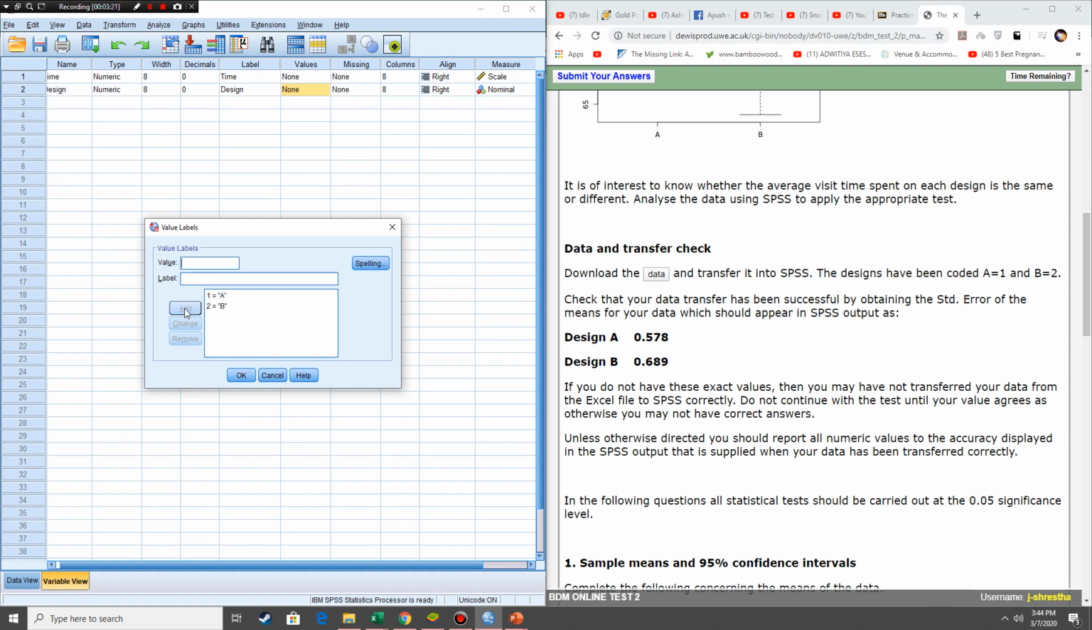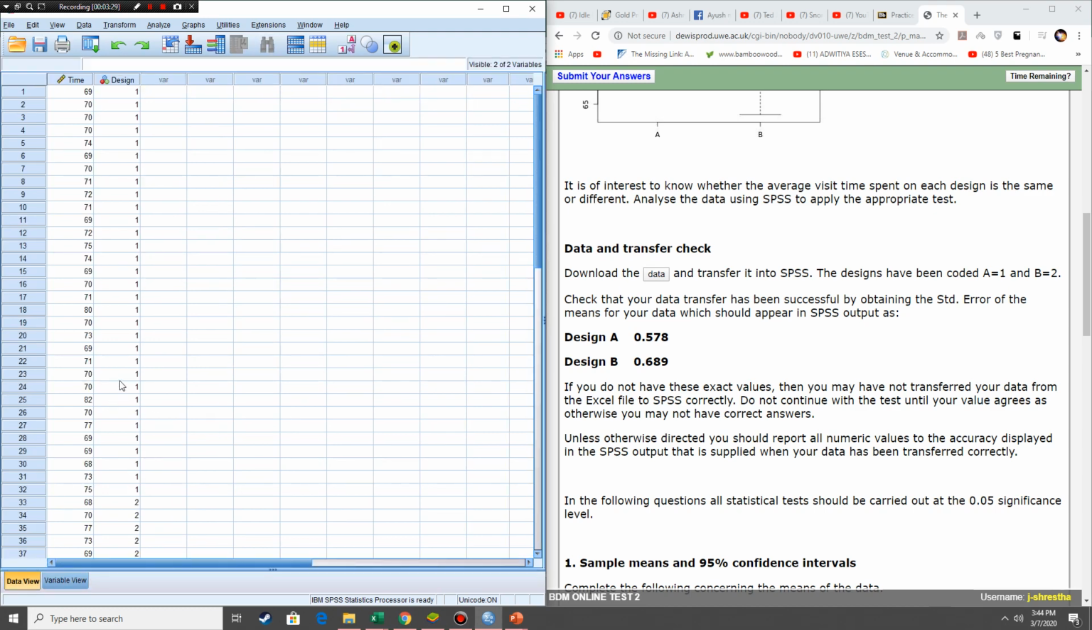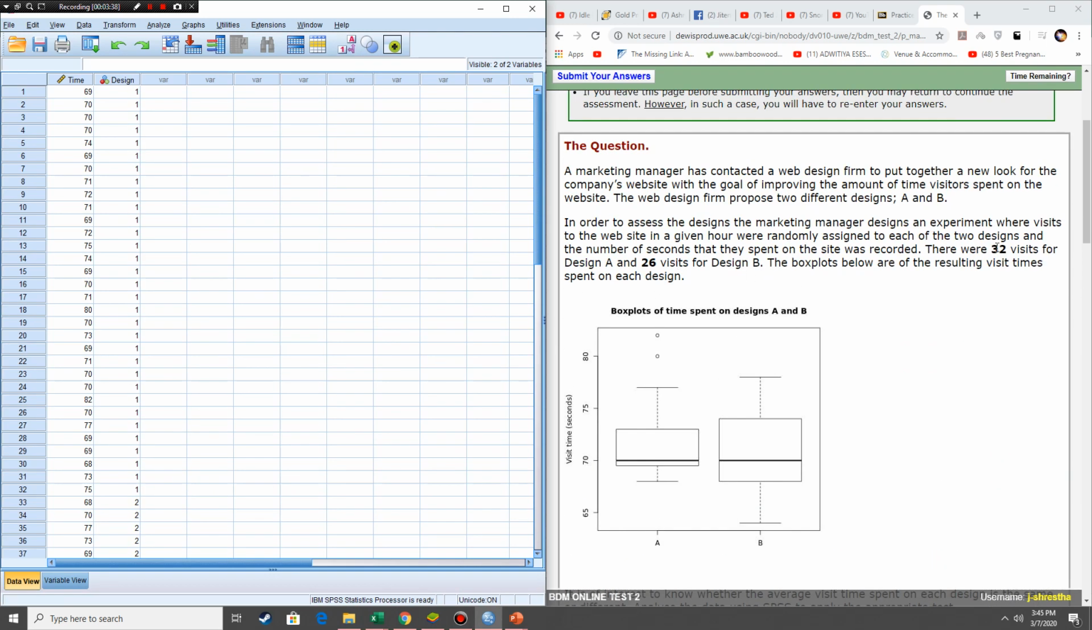Now this is not that important for you to do, but it will create less confusion down the road. So it's just to follow the best practice. Let's just follow this along. Let's go back to the test here. So if you click on this button here, it should toggle between design A and design B. Now as you can see, we have 32 observations for A and 26 observations for B, which means that